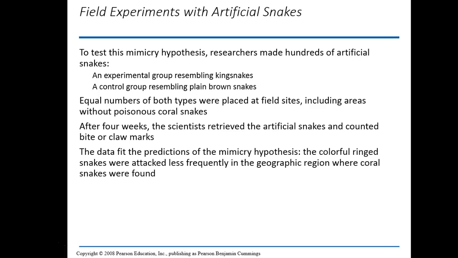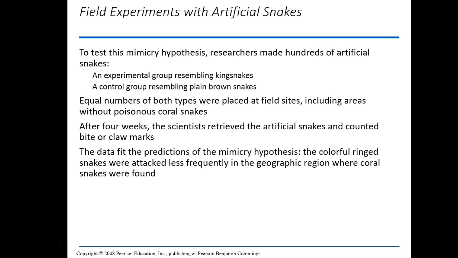And so they created fake snakes, a group resembling the poisonous ones, and those resembling the non-poisonous ones. And what they found was, yes, the ones that don't mimic the poisonous ones were much more likely to be attacked,